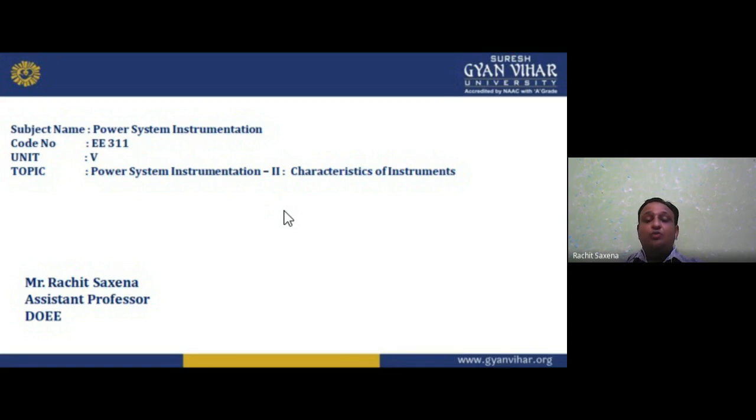Then if I'm talking about unit number 4, it deals with power system instrumentation part 1. That comes from the basic thing, that is voltage measurement. Voltage measurement we can do with the help of a voltmeter, always connected across, or in parallel to, a circuit where we want to measure the quantity. The ammeter is used for current measurement and is always connected in series. So we have both parallel and series connections, and they have internal resistance.